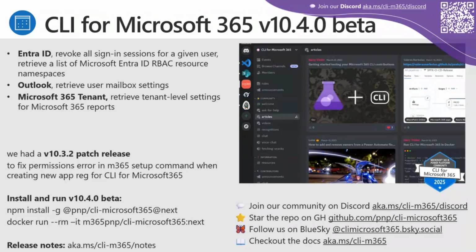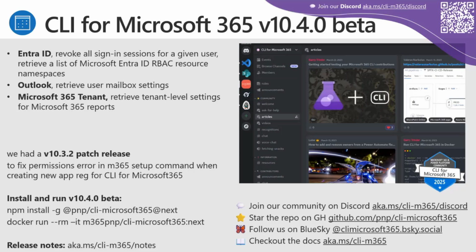We've also got retrieving user mailbox settings, and we've got tenant settings as well to get those tenant level Microsoft 365 reports, which actually looks super cool. I really need to play with that later. Actually, it feels exciting. And they've also had a patch release as well to fix an error with the setup command for creating that new registration. So that's part of that, and you can install via npm to get those new latest.